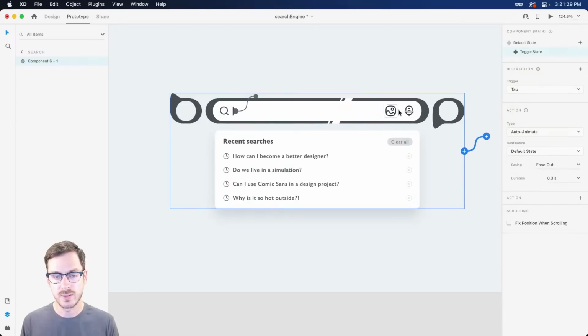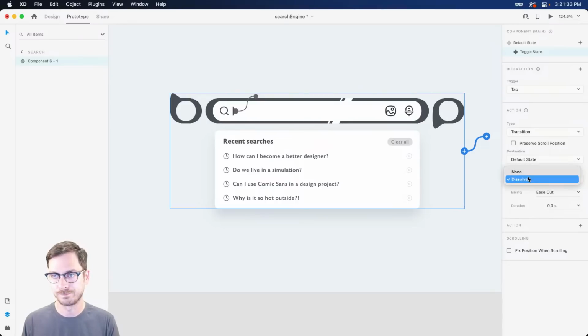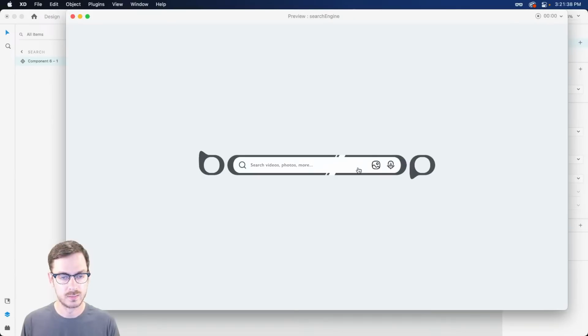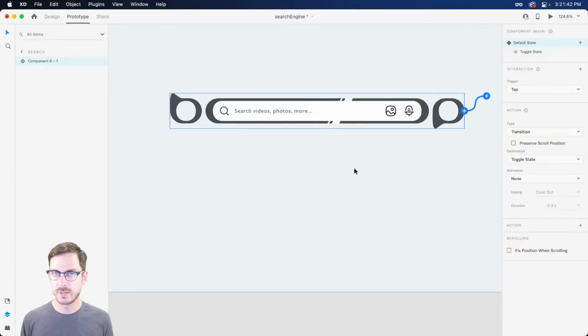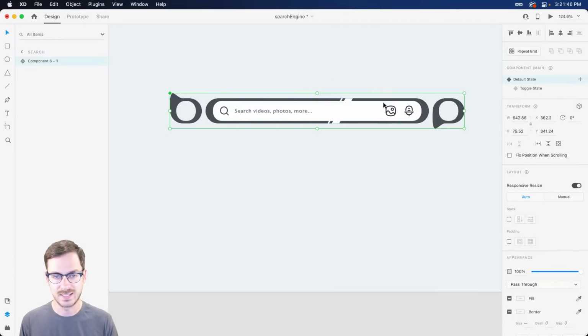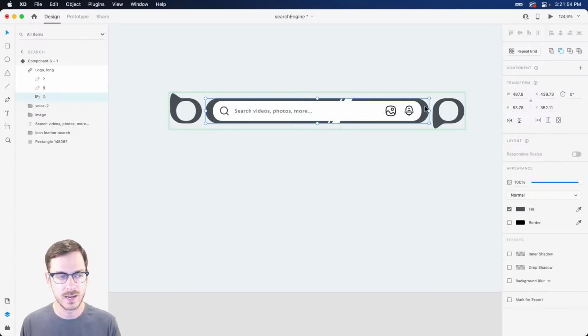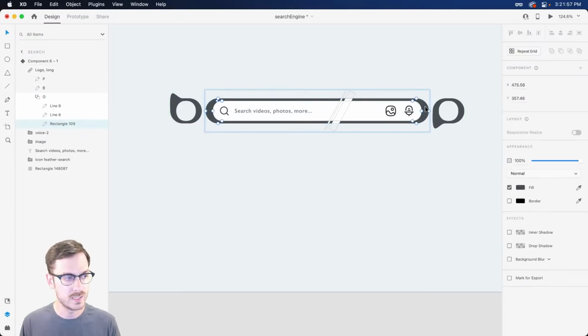Now, if we wanted to make sure that it doesn't dissolve on both of them, we'll just go to transition, none, and then we have, there we go. Now we could get a little bit fancy with this. If we did want some sort of animation, what we could do for the first state is we can actually start this off a little bit more of a condensed version. It may not make sense, but since we have a little bit of time, what we can do, I'm gonna dive in here,